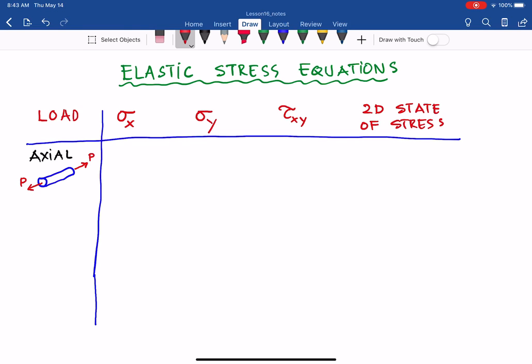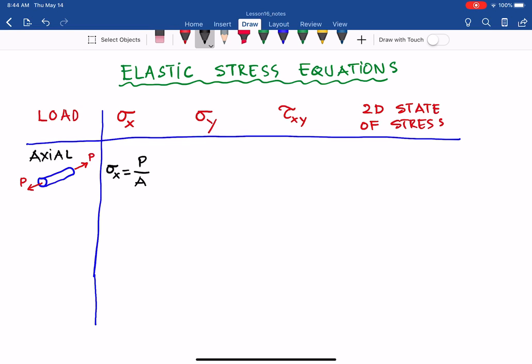And if you already know, if not, go back to the first two lessons, we know it will create the normal stress along the longitudinal axis. In that case, we call it sigma x, and that equals the internal normal force divided by the area,